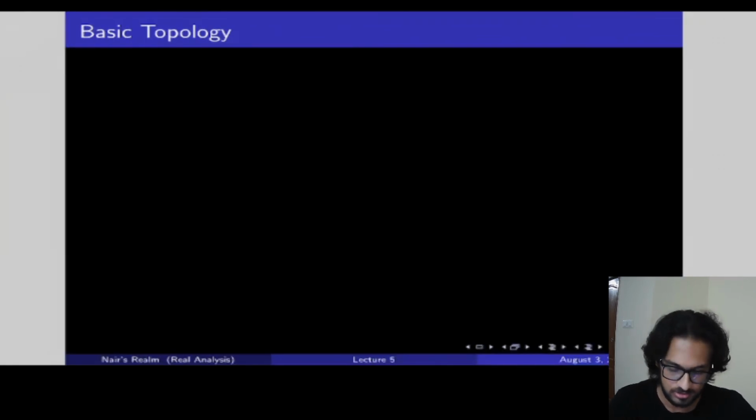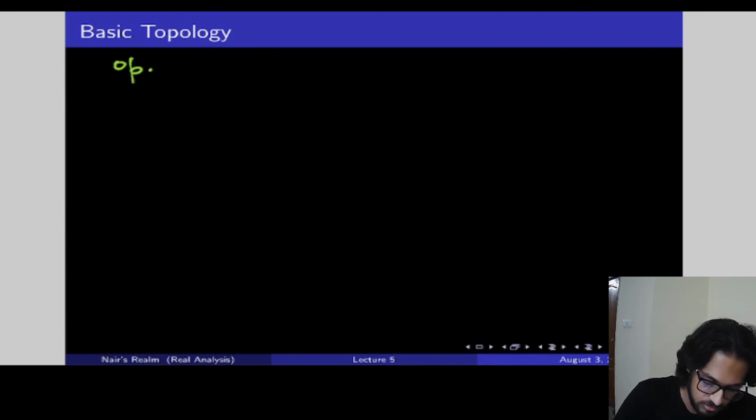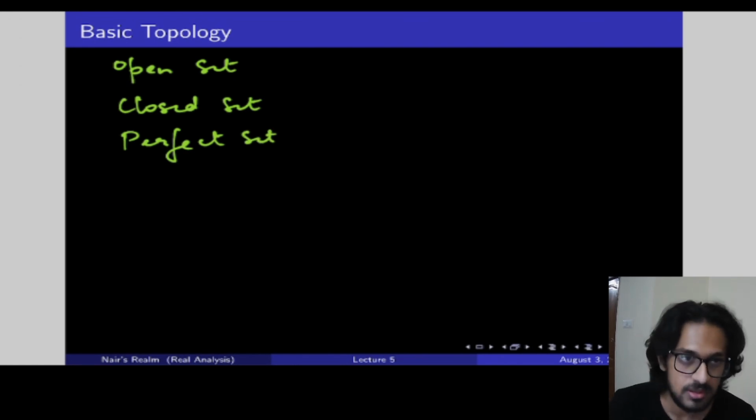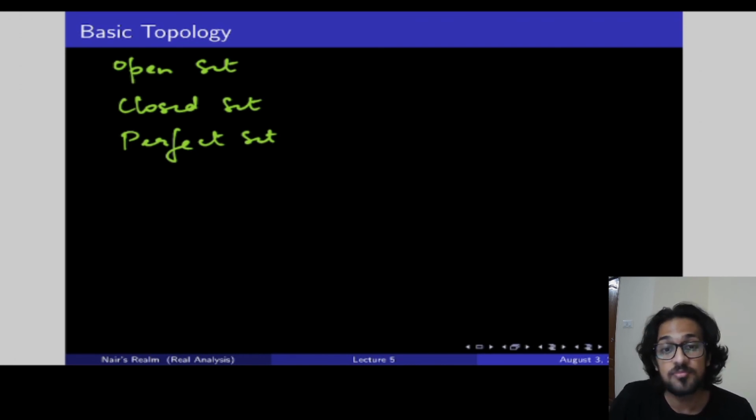Now, just to summarize, we dealt with what an open set is, what a closed set is, and what a perfect set is. These are the three things we mainly dealt with today. We also learned a theorem which said that if P is a limit point of E, then every neighborhood of P has infinitely many points, which might seem obvious to you right now, but it will serve you very well as we start dealing with sequences and series. That's pretty much it for today.